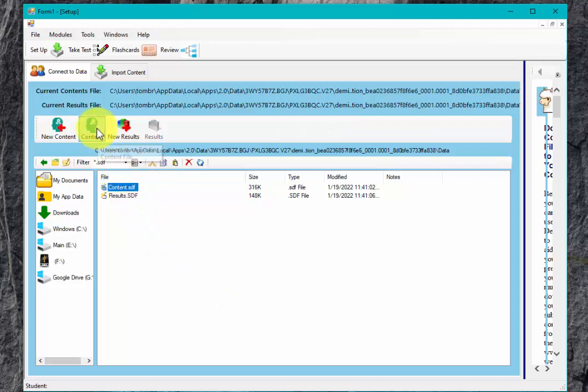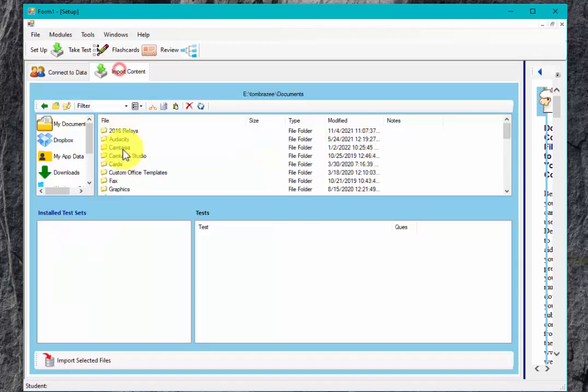So when I click on this file and click content, it will set that up for the top row. Click on this row here and click results. I can set that up for the current results file. Okay. All right. Our next step is to go to the contents file and import content,